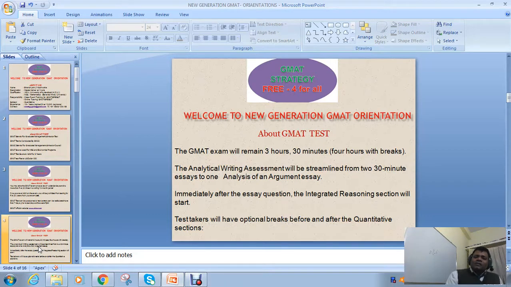As I said, the total test duration is 3 hours 30 minutes, including breaks. Your test starts with AWA, which is called Analytical Writing Assessment, followed by Integrated Reasoning, followed by Quants or Verbal. But in recent days, GMAT has given the option that you can begin your test in a different order, even with Integrated Reasoning.